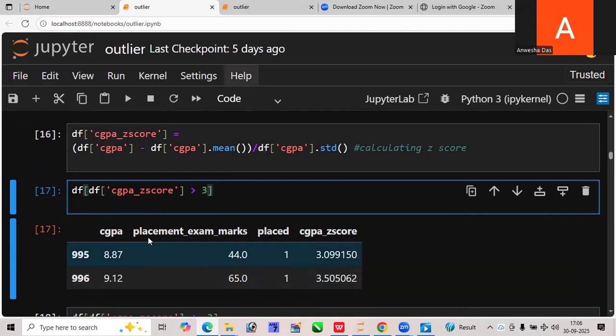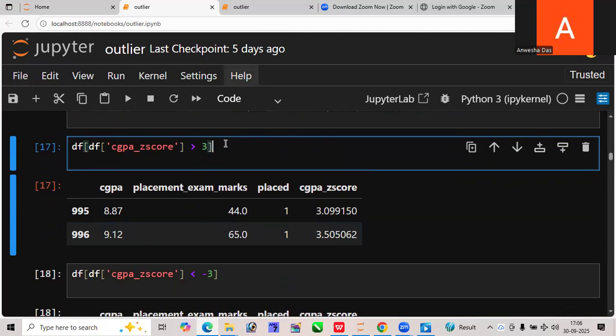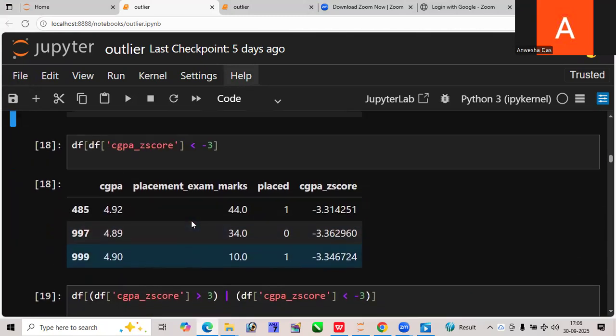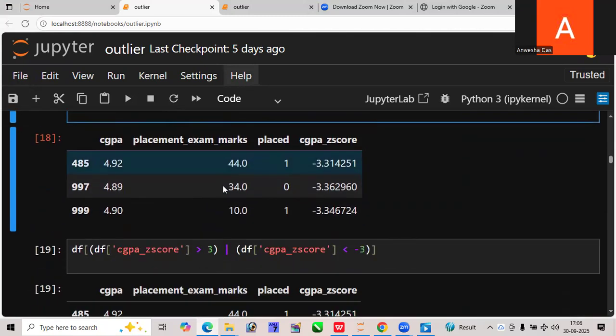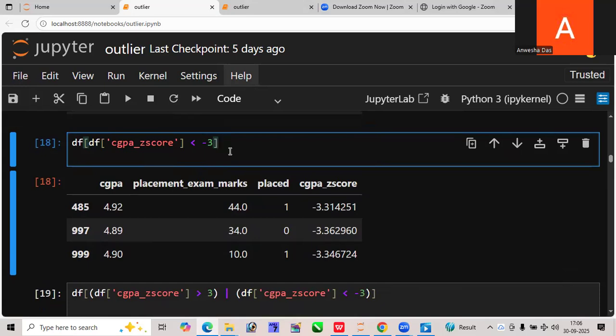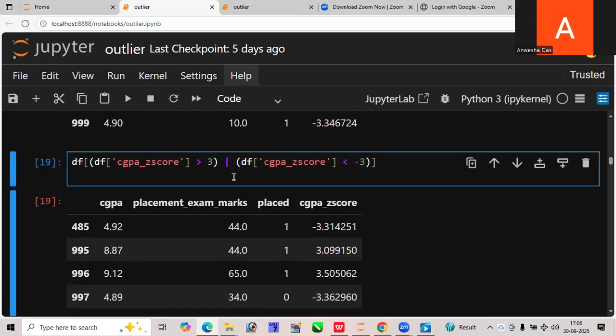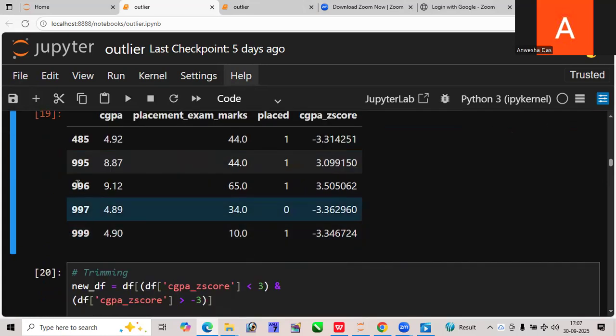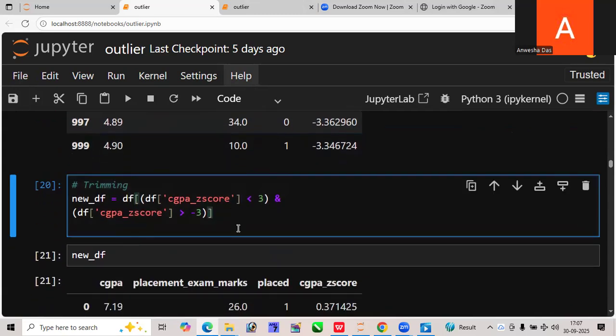See here, 2 data are greater than 3 and 3 data are less than -3. So it will be an outlier. Simply, what we have done here is combine the data greater than 3 and the data less than -3. Now I got 5 data. So what will I do? I can do 2